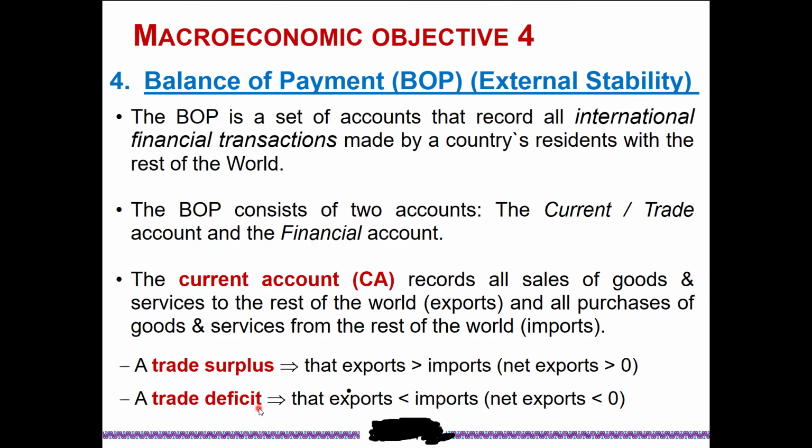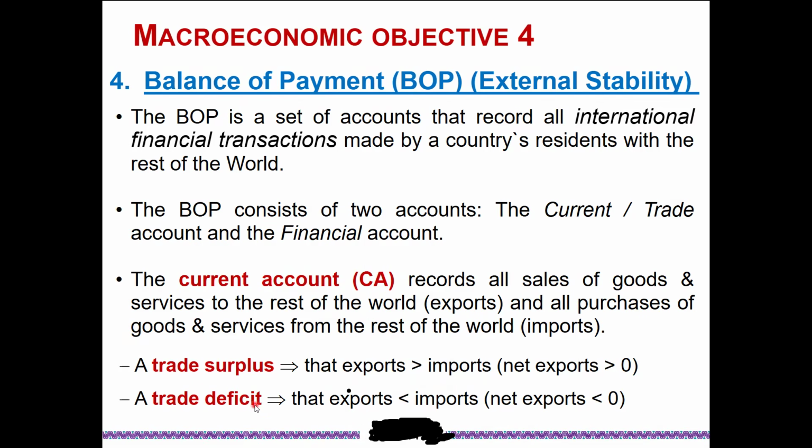Also now, if our exports are less than imports or net exports are less than zero, it means we have a trade deficit, right? So here we have our expenses greater than our income, because I remember I said with exports, that is when we are selling to the US, for example. If we're selling to them, they would pay for those goods, which would be an income, right? And here we are buying from them, so we will pay them money, which will be an expense to us. So if what we are buying from them is more than they are buying from us,